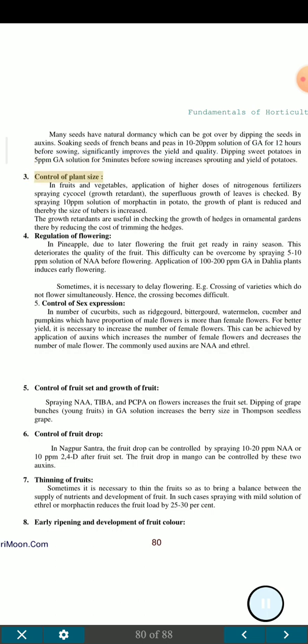3. Control of plant size. In fruits and vegetables, application of higher doses of nitrogenous fertilizer followed by spraying of cycocel, a growth retardant, checks the superfluous growth of leaves. By spraying 10 ppm solution of morphactin in potato, the growth of plant is reduced and thereby the size of tubers is increased. The growth retardants are useful in checking the growth of hedges in ornamental gardens, thereby reducing the cost of trimming